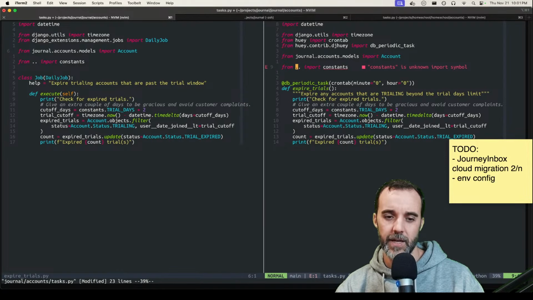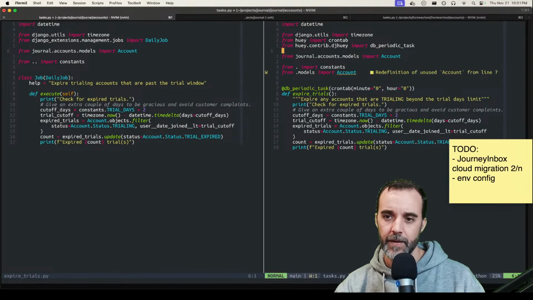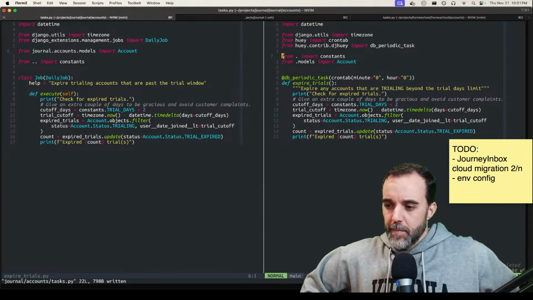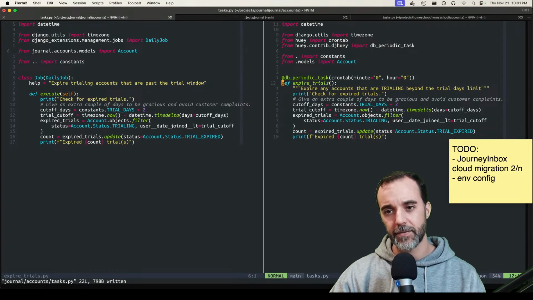We're in the accounts app. Okay, so we can do constants, and then we can also do from models import account and clean this up. We're already in here. Okay. Sweet. So what this is saying is, hey, every day at midnight,